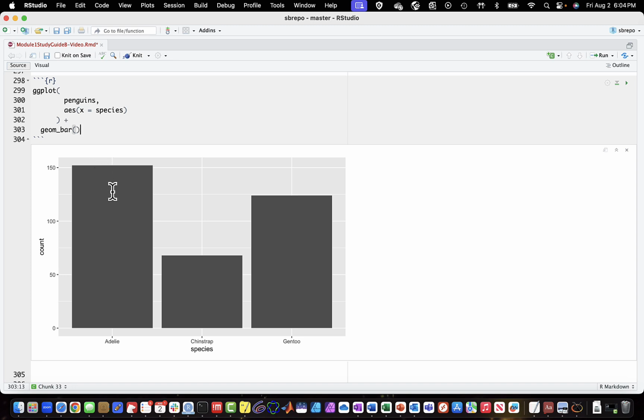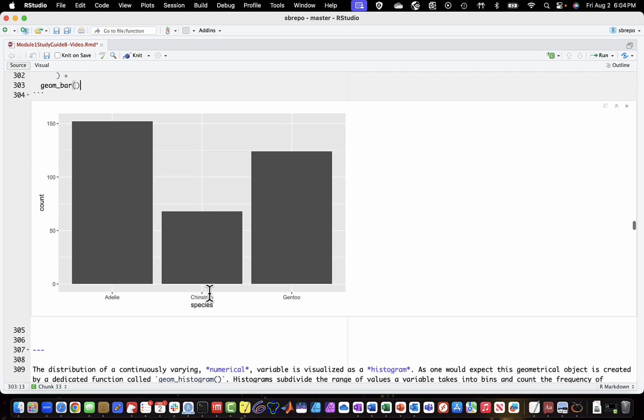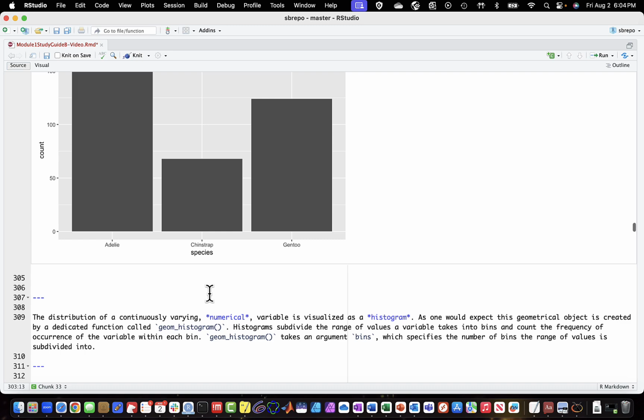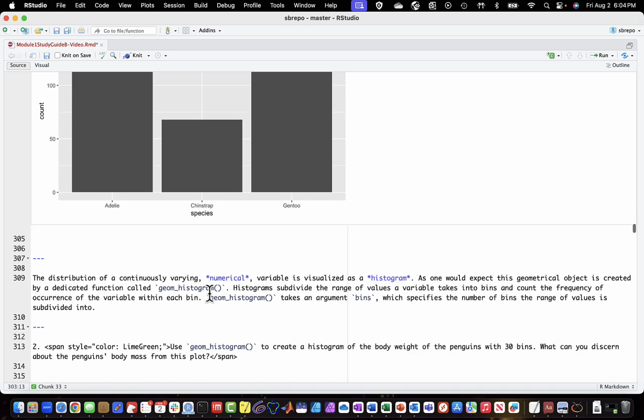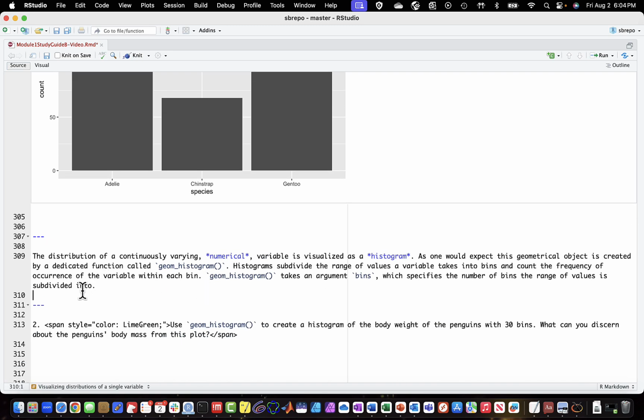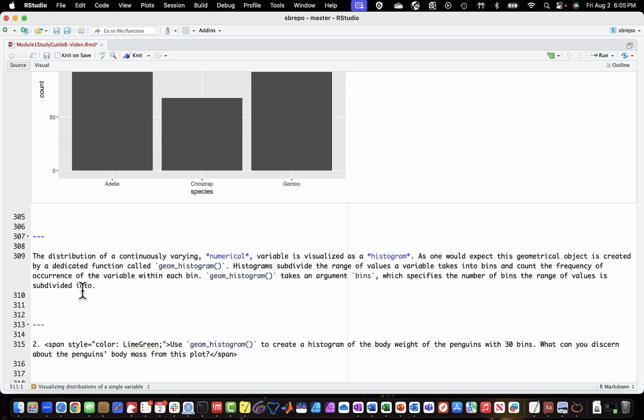The count of the different species here. And this is the probability or the frequency distribution of the species. And we can see that Adelie are the most abundant and chinstrap are the least abundant of the species. Now, this was with visualizing the distribution of a categorical variable, but you could also want to visualize the distribution,